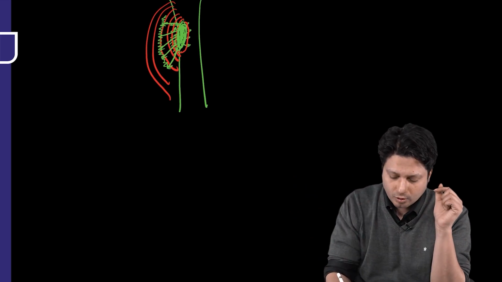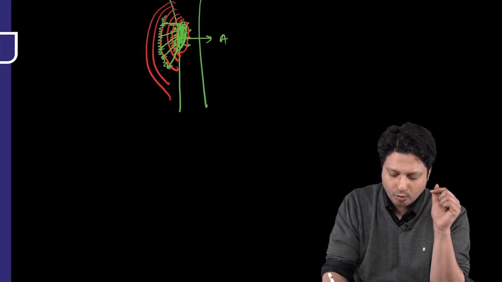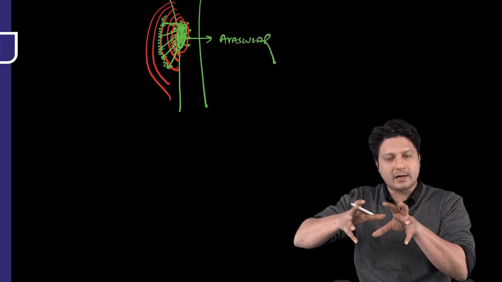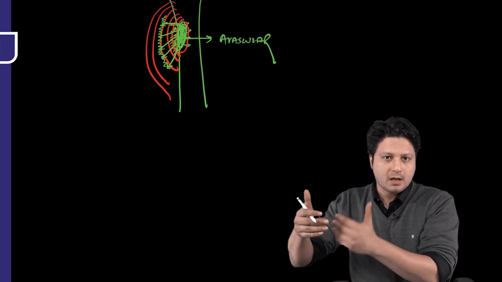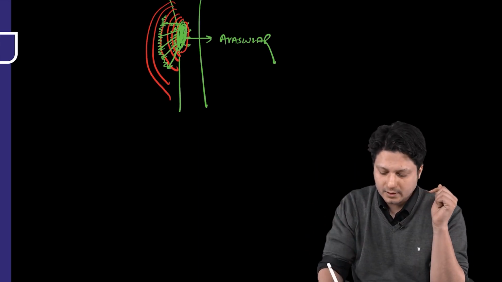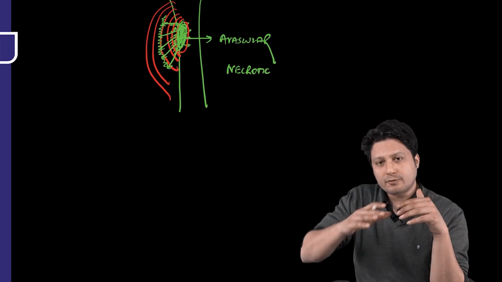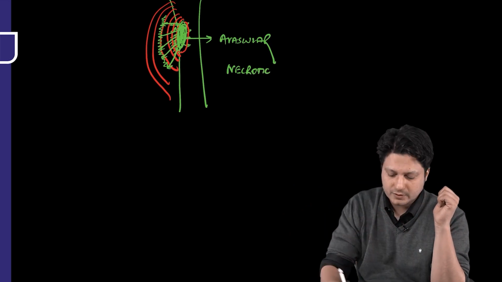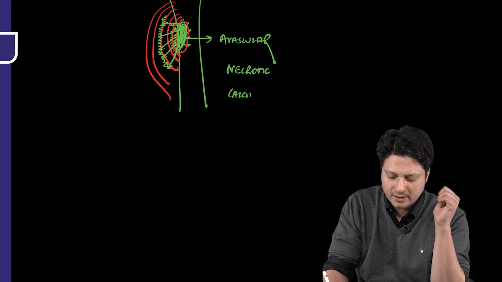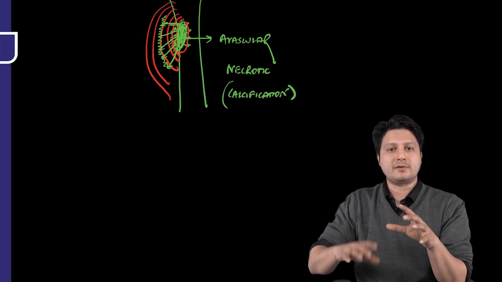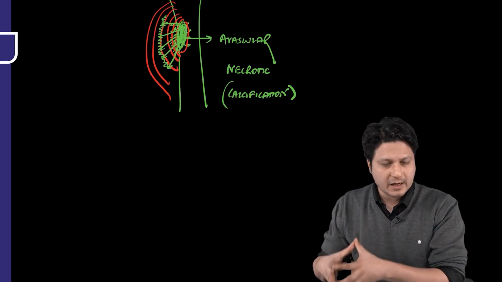The central core of the tumor, this one, will become more and more avascular. When the tumor is going towards the periphery, the central core will become more and more avascular. And when it becomes avascular, it will become necrotic. When it becomes necrotic, it will follow all the stages of necrosis, and one of the important stages responsible for its appearance on the X-ray is the fourth stage of necrosis, that is calcification.